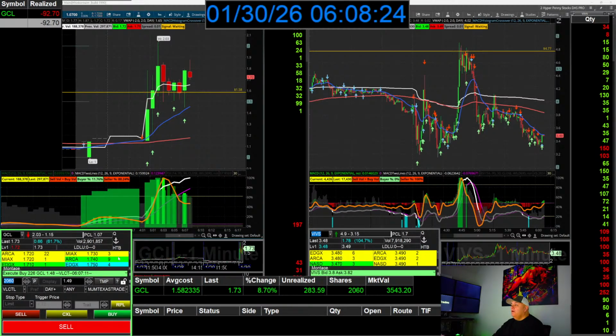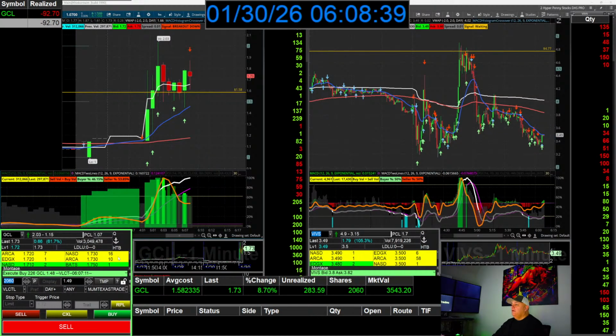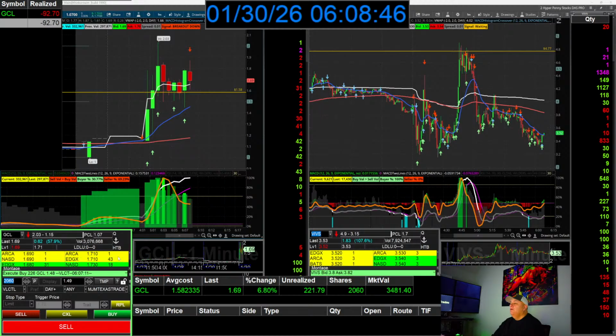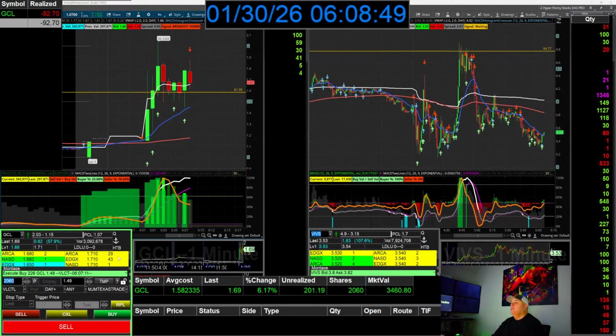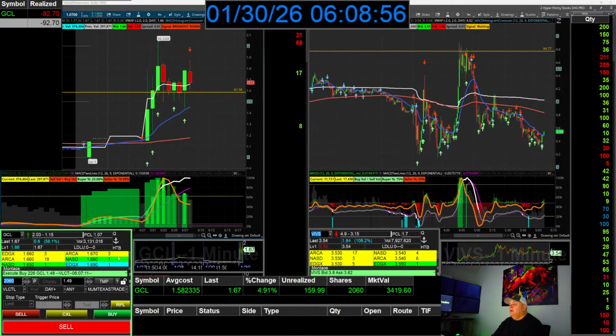Seems pretty strong. See, that right there is telling me that it's not. People are like, oh, let's get in and get out, get in and get out, and make $100 and $200, and just do like a million trades. Nah. I sense it. I'm going to my psychic. No, but I see the strength, even though it has a 131 million share float, which is scary. But a lot of people are like, oh, the float's too high, so they already talked themselves out of it. Not me. This thing's holding up well.